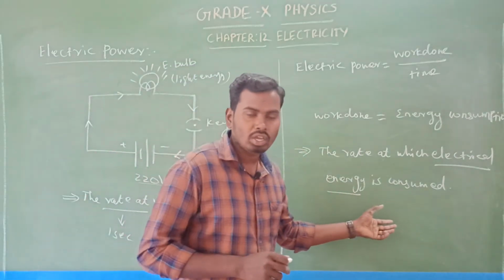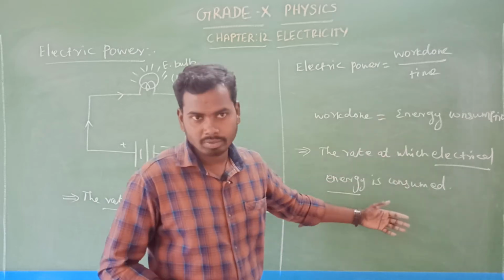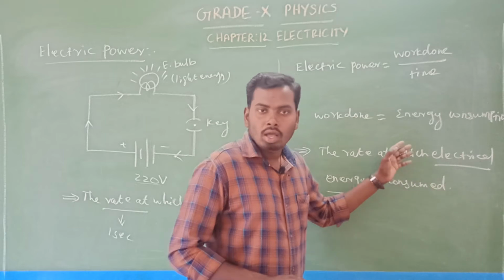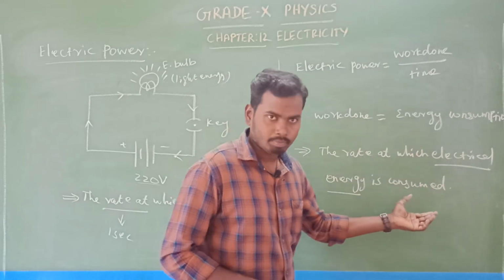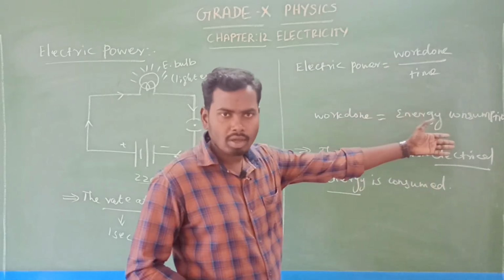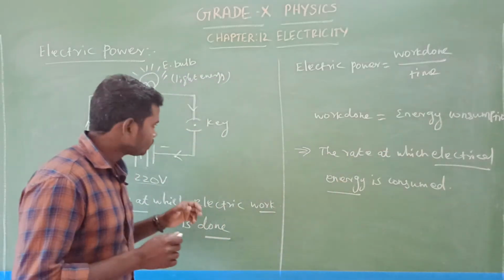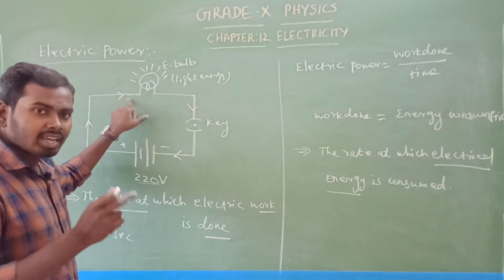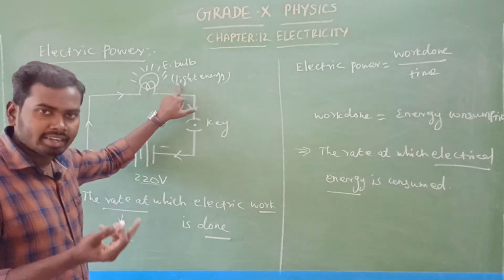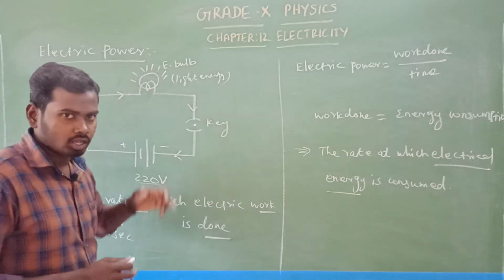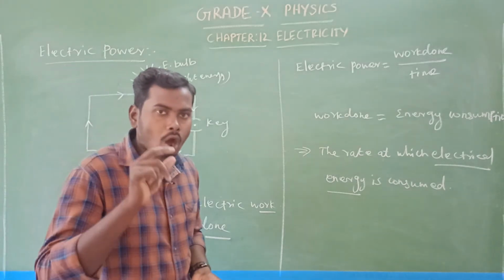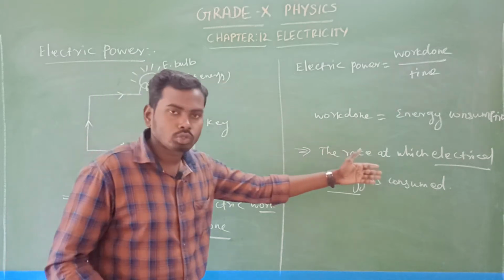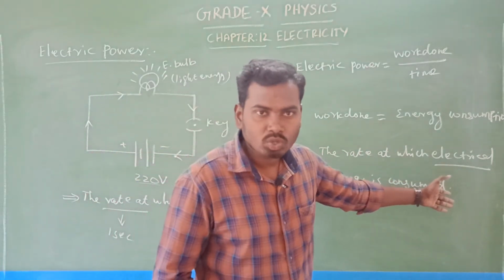Now we are going to see what is electric power in terms of energy. So this is the electric power in terms of work done. I am going to discuss with you electric power in terms of energy, because work done is equal to energy, already we know very well. Look at here. This electric bulb converts the electrical energy, which means current, into light energy. Per second, note this point, how much amount of electrical energy gets converted into light energy? That is also called power.